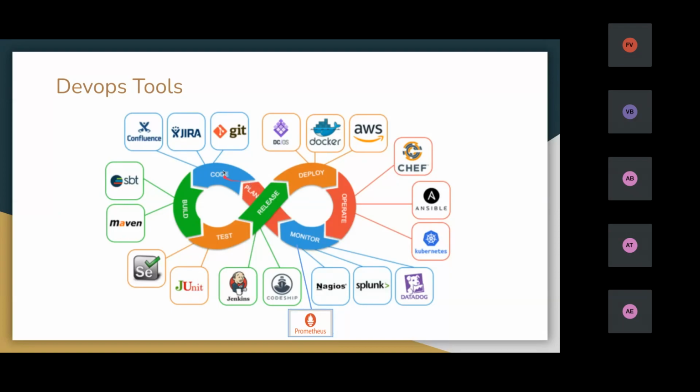So for plan and code, Git, Jira, Confluence will be used. Then for building, Maven will be used. For build, Maven or else any build tool, it depends on our code. And then for testing there are some tools like Selenium. And then for release and continuous integration we will use Jenkins, CodeShip,